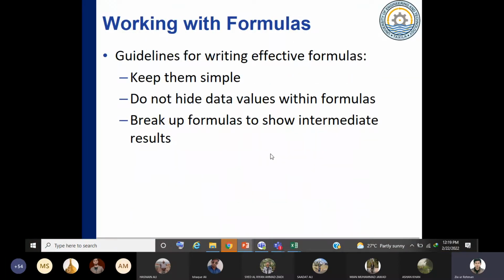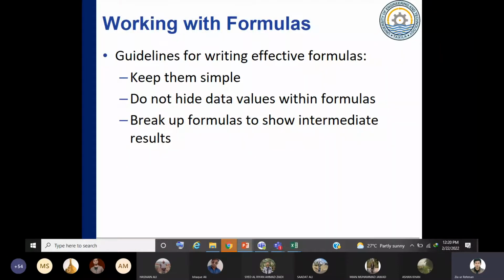Now for a formula, the first guideline is that you should make the formula as simple as you can. And you should know the main problem that occurs with formulas: when you don't know the operator precedence, the order in which any mathematical operator would work.